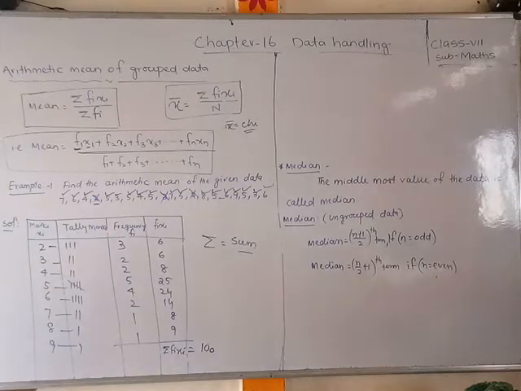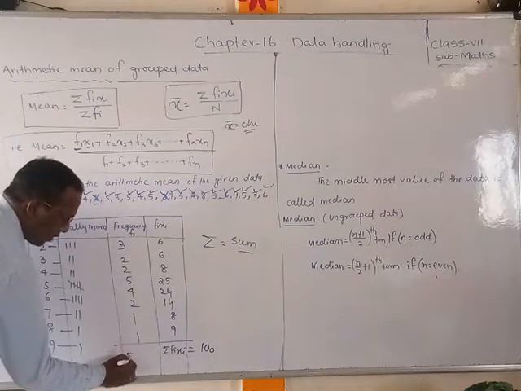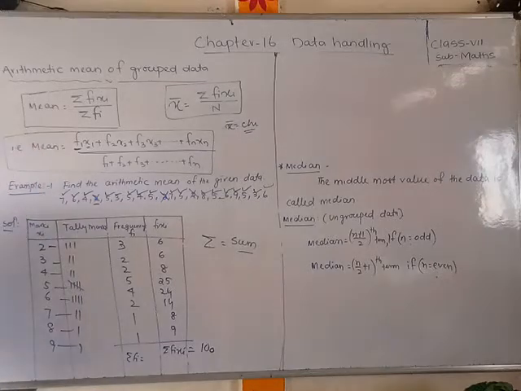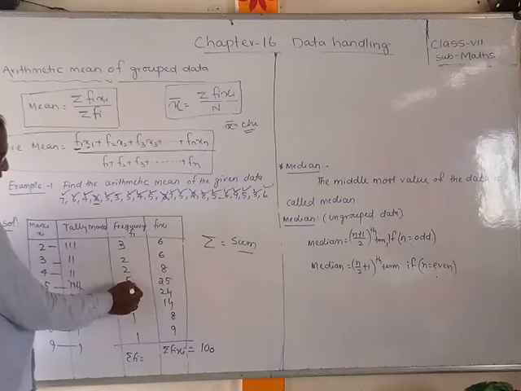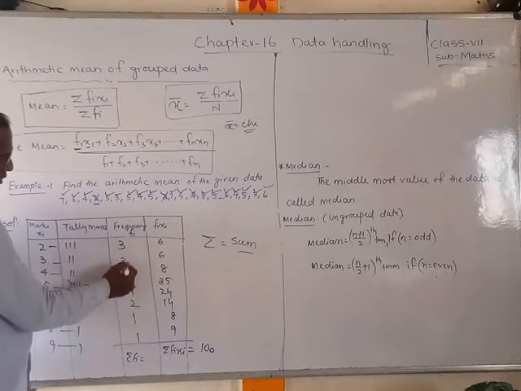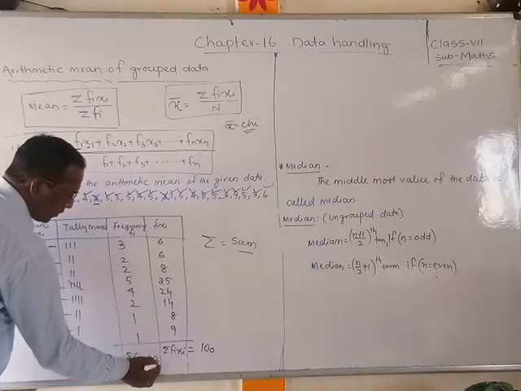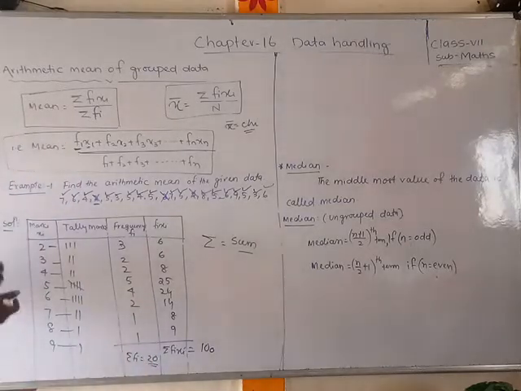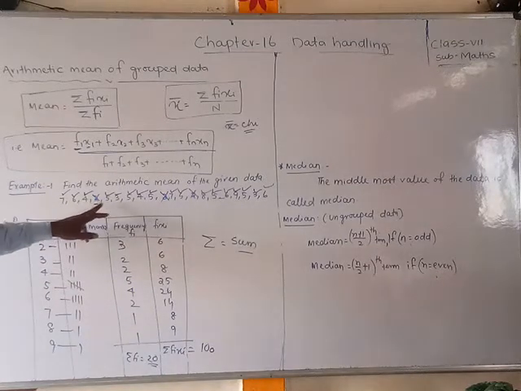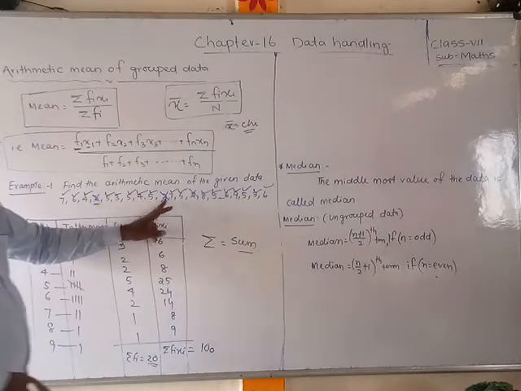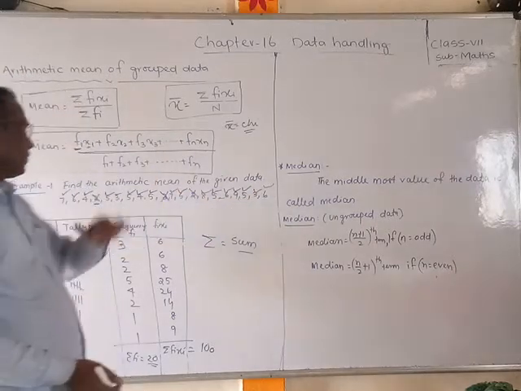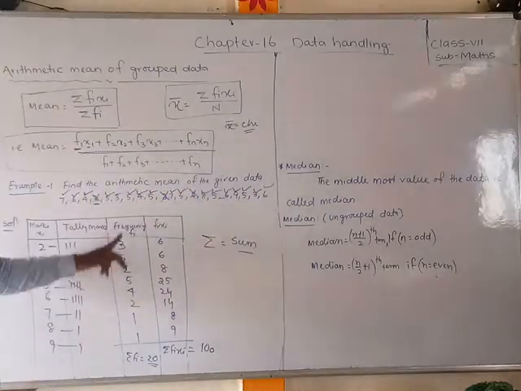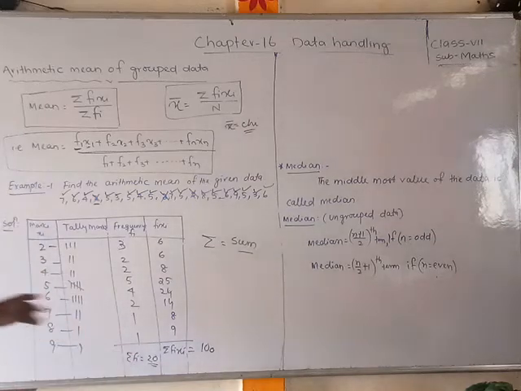Okay, now the frequency also we have to add, so total sigma of fi, or n, we can also write. Fi means 1, 2, 4, 4, 4, 8, 8, 10, 15, 20. So how many total frequency are there? 20 numbers are there. You can count also: 1, 2, 3, 4, 5, 6, 7, 8, 9, 10, 11, 12, 13, 14, 15, 16, 17, 18, 19 and 20. Total 20 are there.